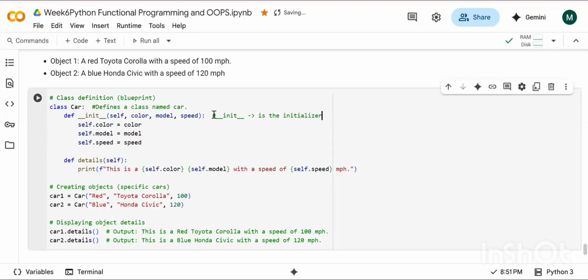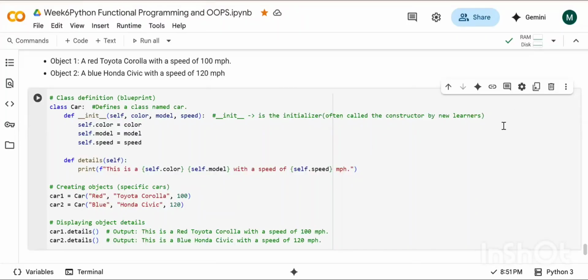It is often called the constructor by new learners. You can call it a constructor as well. Initializer. So guys, what happens with this?